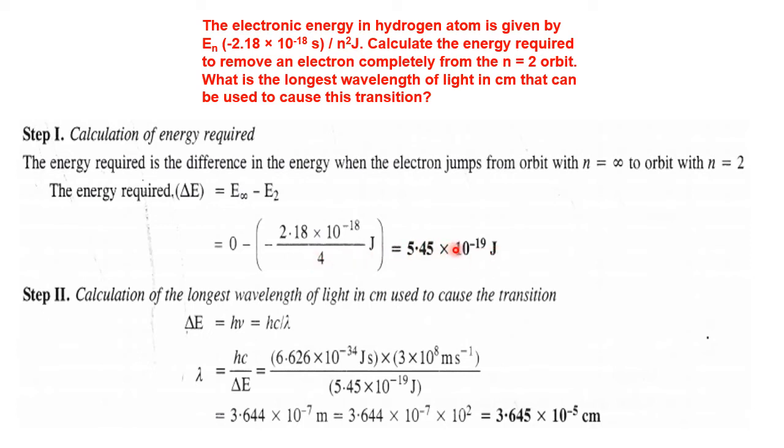Using this energy, we will go for the calculation of the corresponding lambda. So energy equal to h nu, hc by lambda, same. So lambda equal to, same calculation part. Okay, so lambda equal to 3.645 into 10 to the power minus 5 centimeter. This is in terms of meter. The difference is 100, so 1 meter equal to 100 centimeters. So with that difference, it is taken as 10 to the power minus 5. 3.645 centimeter. Okay.